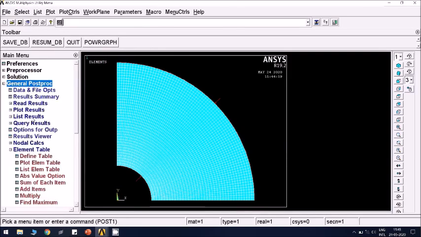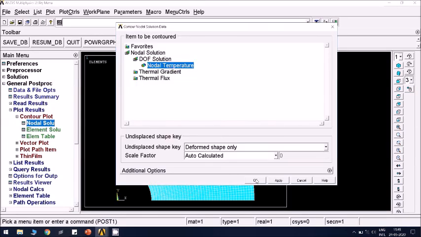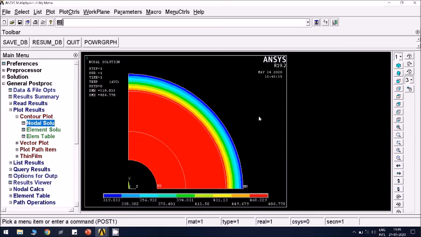Solution is done. Go to read results, last set, plot results, nodal temperature, click OK. So this is the kind of temperature distribution I am getting. At the innermost surface it is around 486 degrees Celsius, and you see the red region extends till the end of the second material. But in the third material you have the variation, because heat will easily pass through these materials since the conductivity is high here, but this material is insulation, with 0.1 conductivity, so there's a lot of resistance for heat flow, so you get temperature variation here.